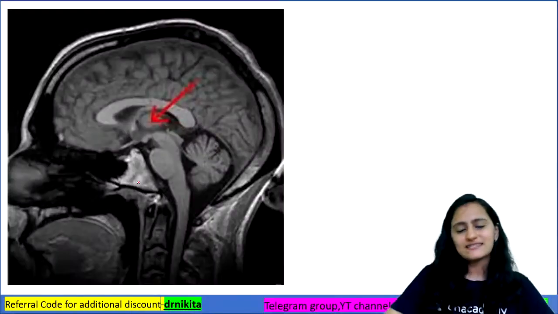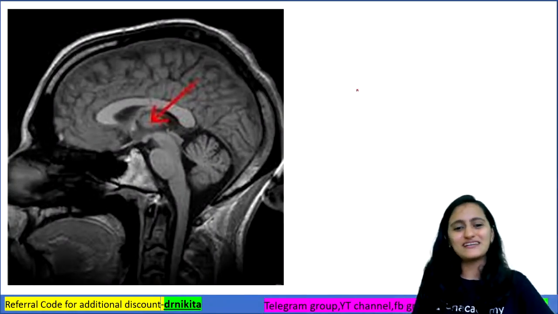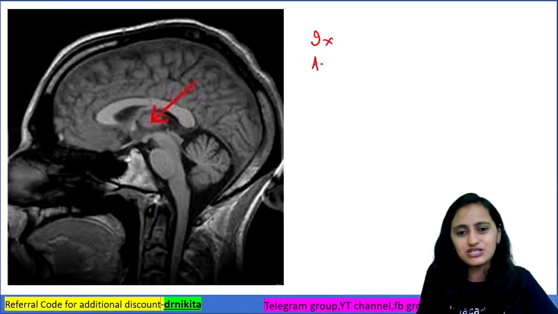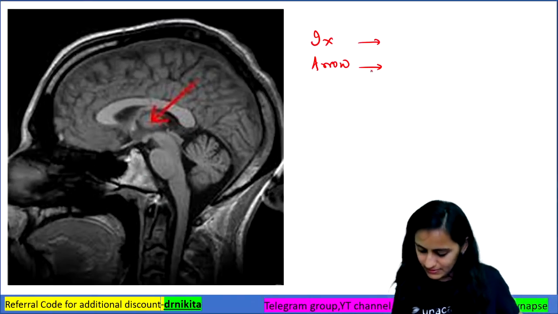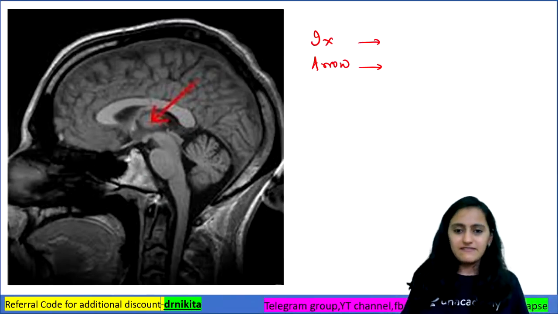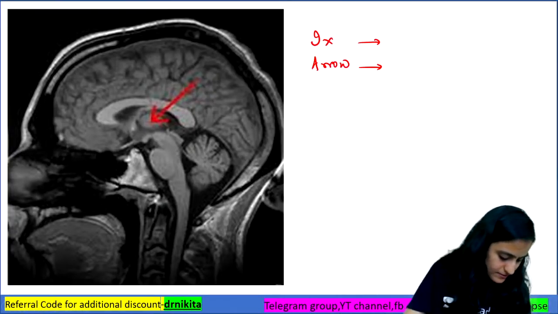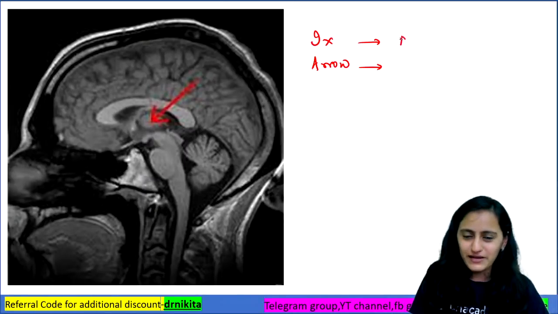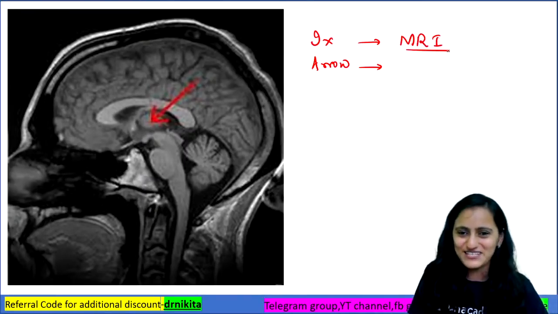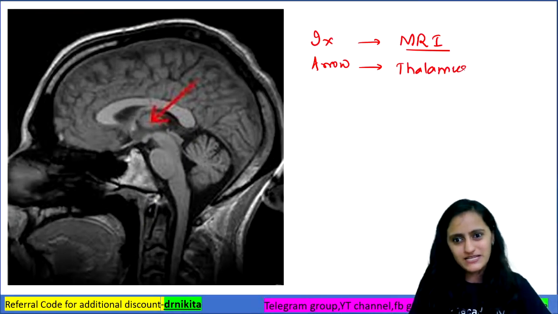Alright, let's start with today's session. Since I'm a radiologist, I'm starting with this radiological image. Can you tell me what the investigation is and what the arrow is pointing to? I hope all of you can identify. We have had enough of these radiological images in the Radiology Spotters series every Monday at 6 p.m. This is an MRI, and the arrow is pointing to the thalamus.